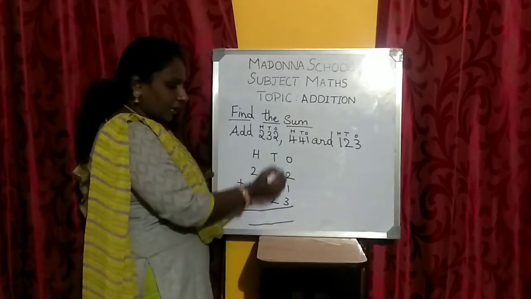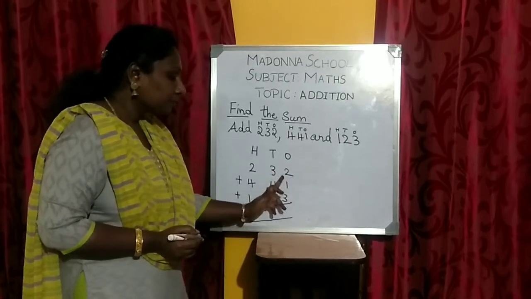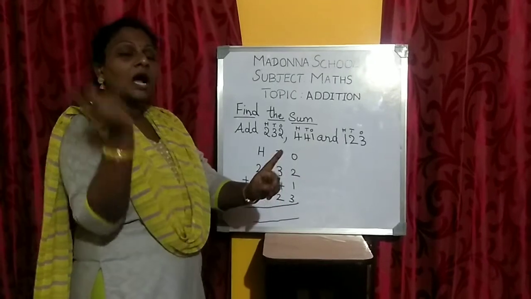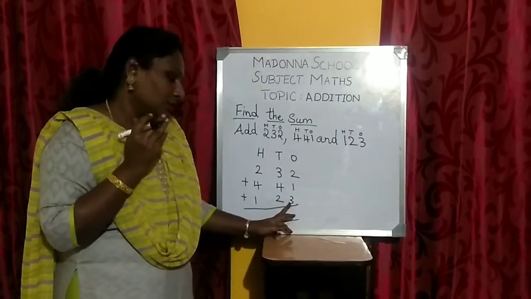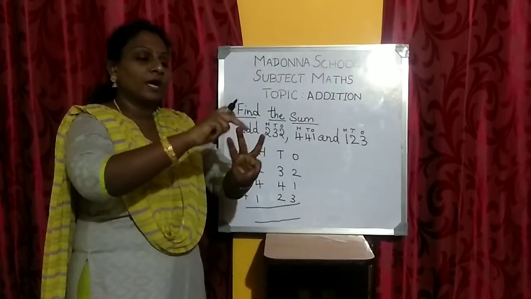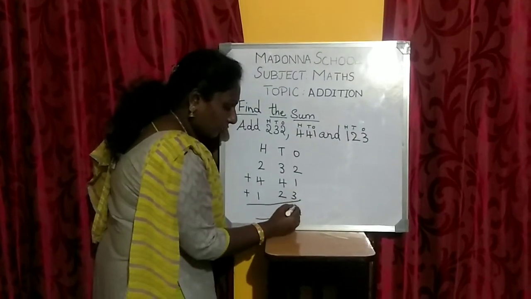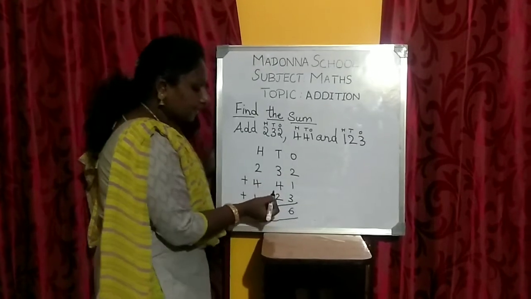The same way, first we have to add the numbers in the 1's place. First number 2, keep it in your mind. 1, show it in your finger. After 2, 3. So 3 now, keep it in your mind. 3, show it in your finger. After 3, 4, 5, 6. So 2 plus 1 plus 3 equals how much, children? 6. Okay.